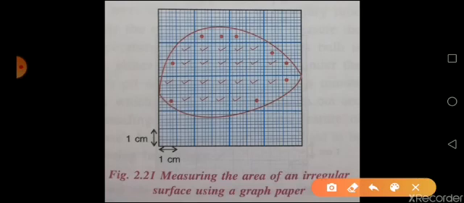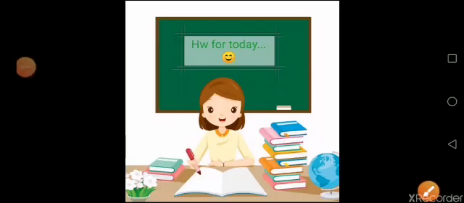Now you have the number of complete squares and the number of half and more than half squares. Those two numbers you add together, you will get a value, and that value will be the approximate area of your given shape. You use the word approximate. Why? Because you cannot say that it is exactly the area. You will get an average or approximate value only, because less than half columns you are neglecting, right? So you have to use the word approximate, then only the experiment will be correct. Hope it is clear for you.